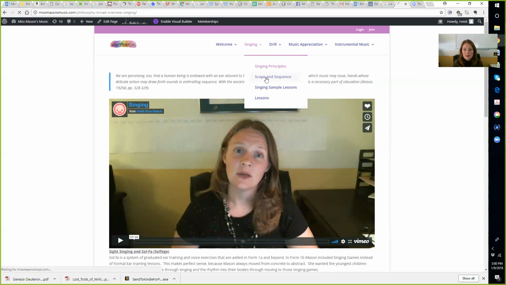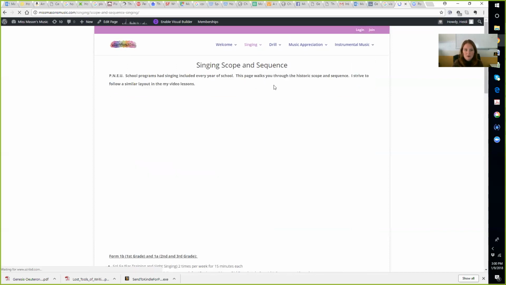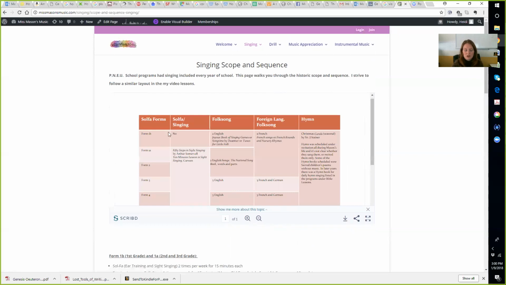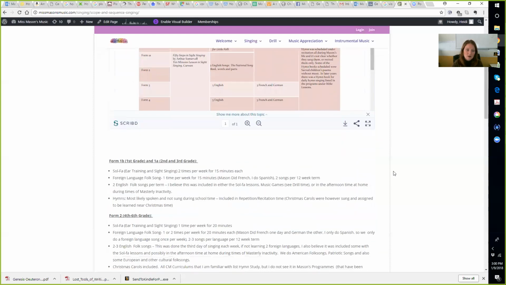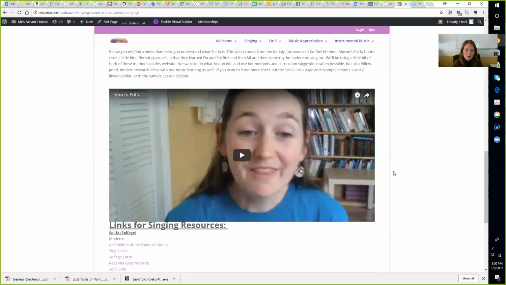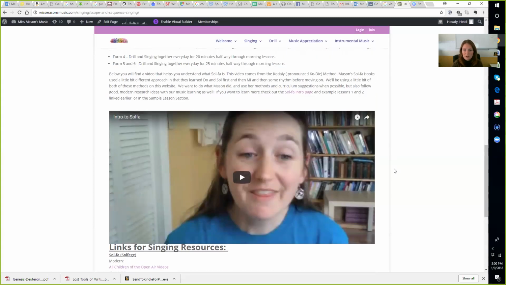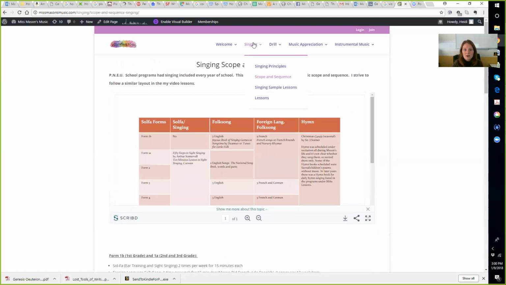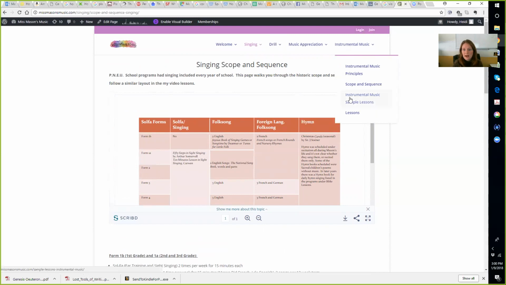But then there's a scope and sequence, which will have a chart for you about what each form did for each of the singing subjects, as well as a written scope and sequence, and hopefully some links to different books that were used. So that should be helpful. Then each subject under singing, drill, music appreciation, and instrumental music has